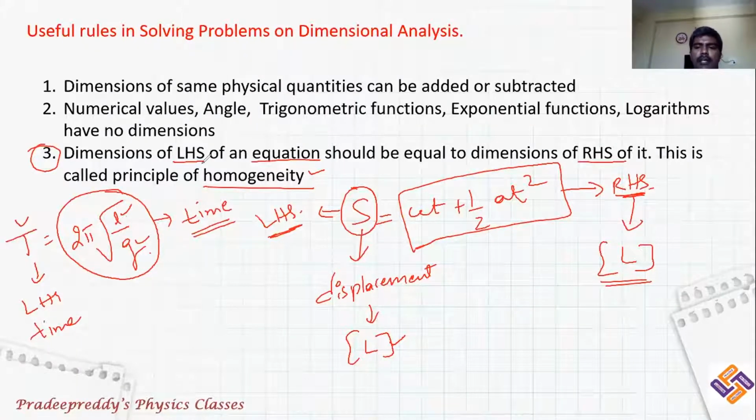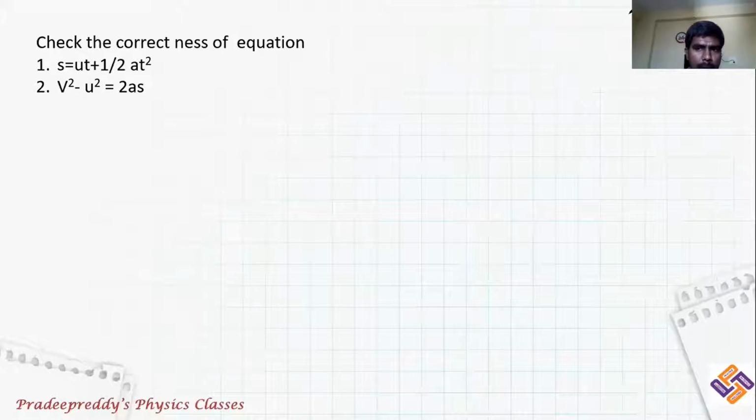So these are the three important rules which you should keep in your mind when you are solving problems based on dimensional analysis. Now let us learn applications of dimensional analysis. The first use is to convert one system to another system. That is the basic thing which you will be learning in your lower section, so I am not digging deep into that use. The second use is that this will be helpful in solving many problems, so that is the reason why I am coming directly to rule 2. You can check the correctness of an equation.